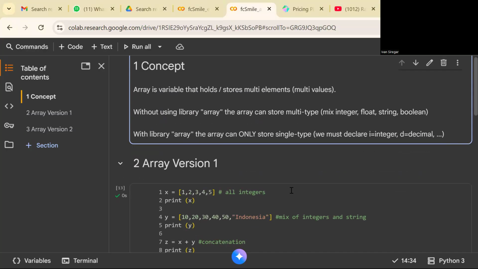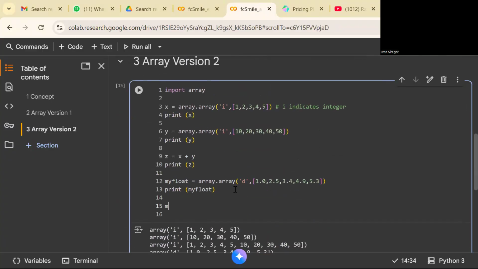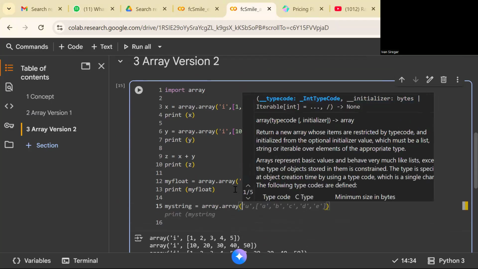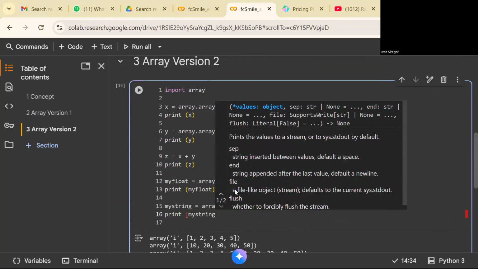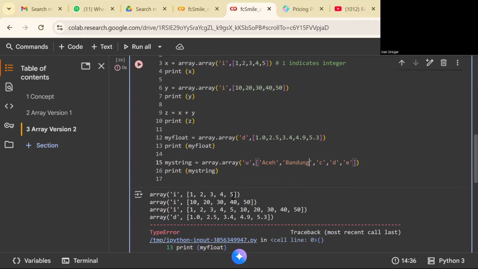And we continue with the last one, where I have my string as an array of strings. Here U stands for Unicode. My string can be like Aceh, Bandung. But that cannot be, because it should be ABC, the Unicode.